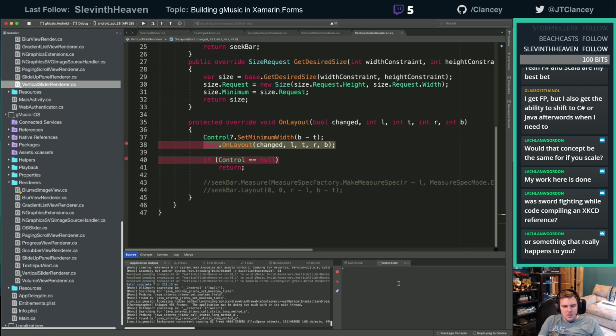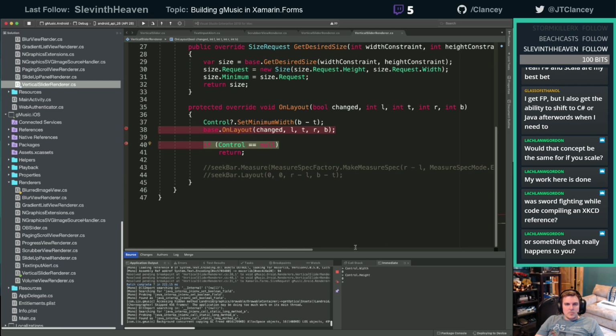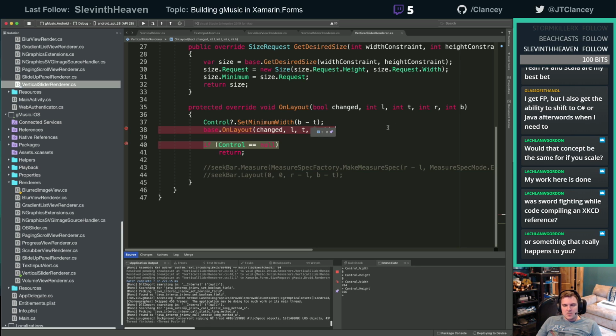All right, so now I can type there again. Dot width. All right, 0, 0. Width is 204. Height is 926. All right. And what's getting passed into this? 926. That's the size I want it to be.